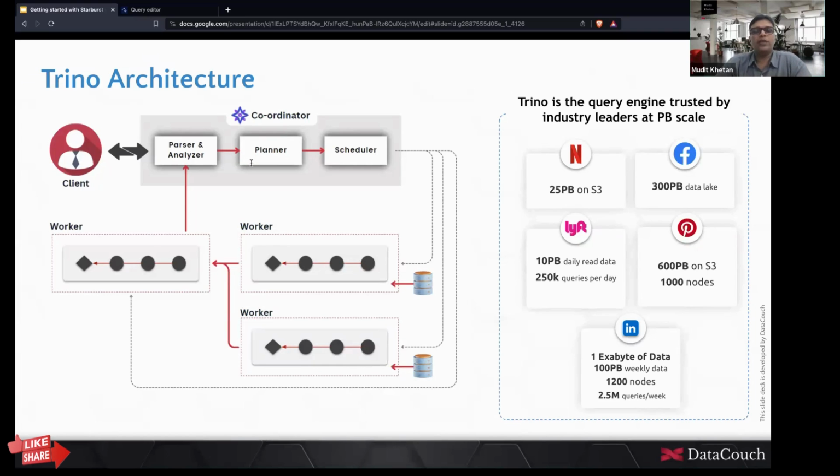Now, the query planner and query scheduler are two interesting tools. The query planner identifies where and which indexes can be used. The query planner can identify which part of my query needs to be executed first, and so on. The query scheduler is the component of the Trino coordinator that divides the work among workers. So this scheduler is going to instruct the workers that, okay, now you need to start reading the data from this data source or from multiple data sources, depending upon whether your query is from a single data source or from multiple data sources.